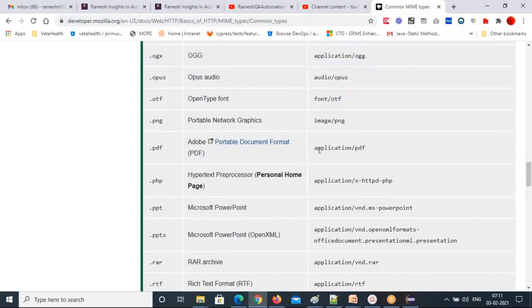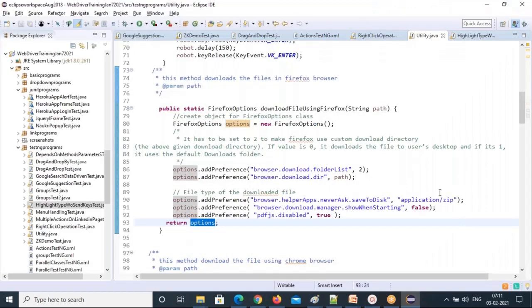See that, PDF, application/pdf. If you want to download a PDF file, you have to give this MIME type here. That's mandatory. Okay, so these settings we need to pass to the Chrome browser and Firefox browser.